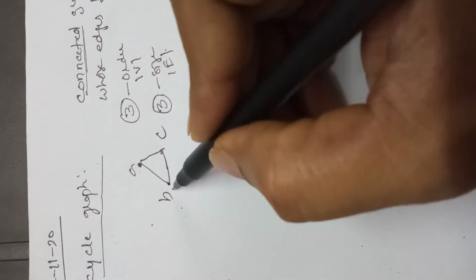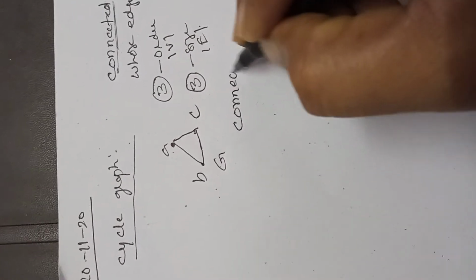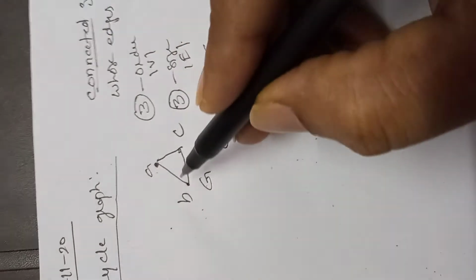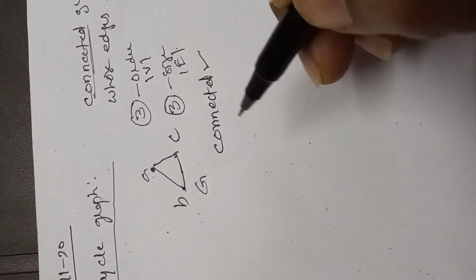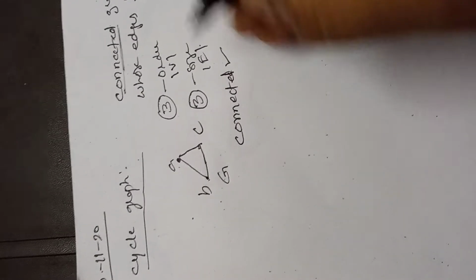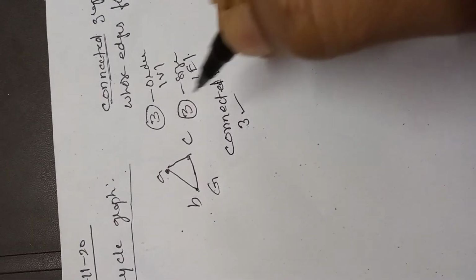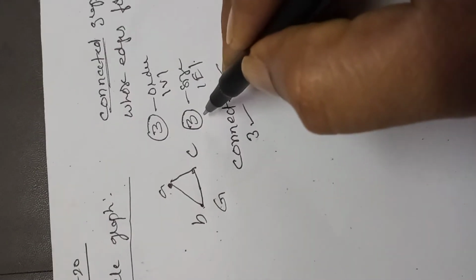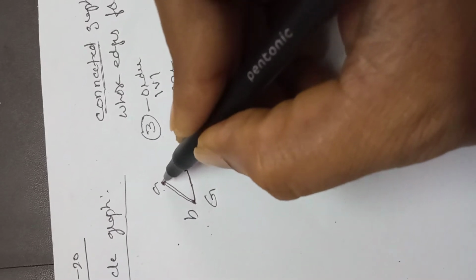Now, this is a graph. A graph is given to you; is it connected or not? Yes, it is a connected graph, right? That means we can reach from one vertex to another vertex in the graph. What is the order of this graph? Order is equal to 3, right? Now these edges, how many edges are there here? 3 edges are there. These 3 edges form a cycle.